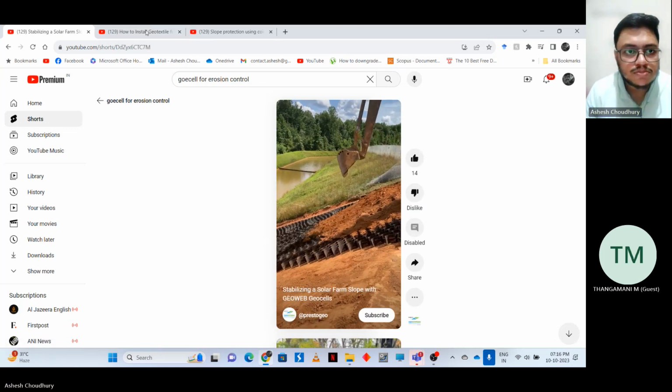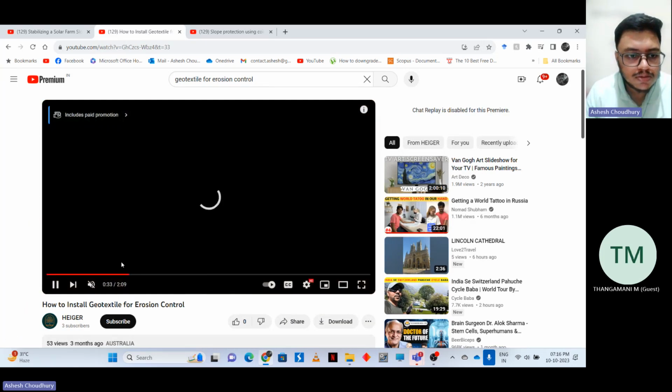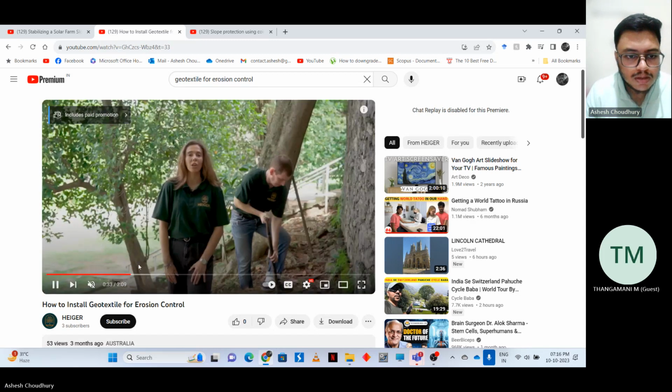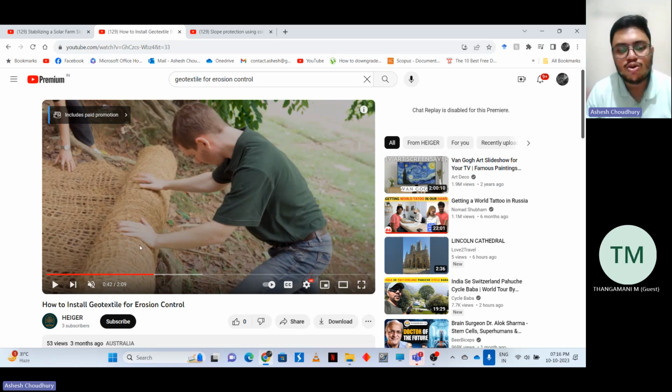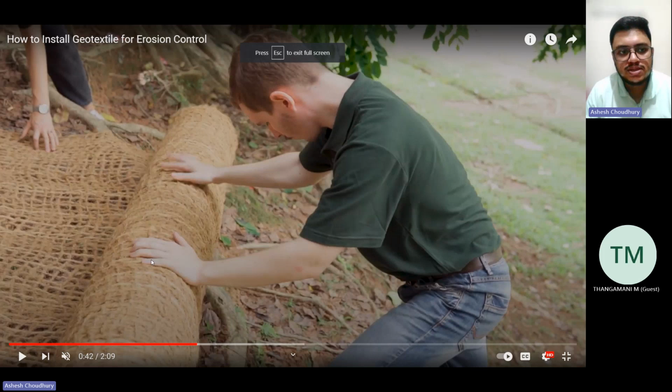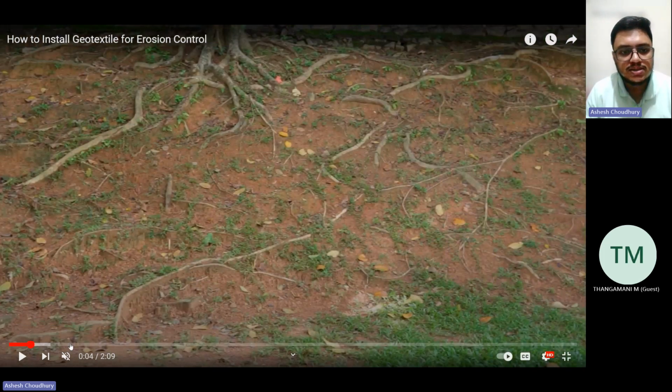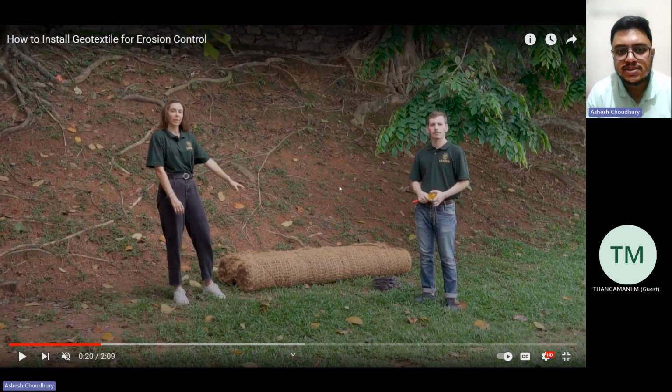Then here is one more. Here you can see these are jute or coir geotextiles, and they are using them for slope protection. It looks like a park kind of thing, right? In such cases we generally prefer natural geotextile, so that it aids the natural growth of vegetation over it. So this is the slope,